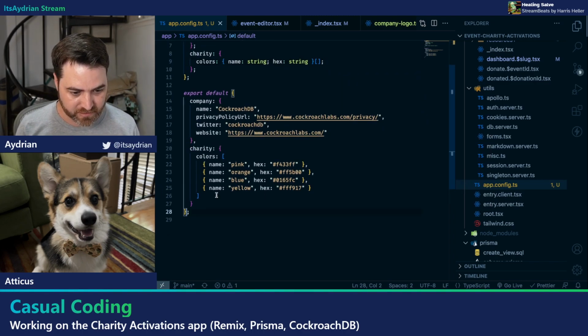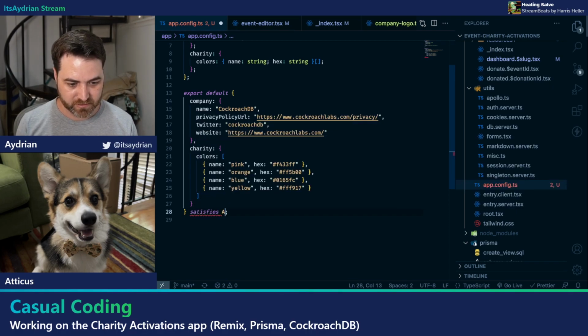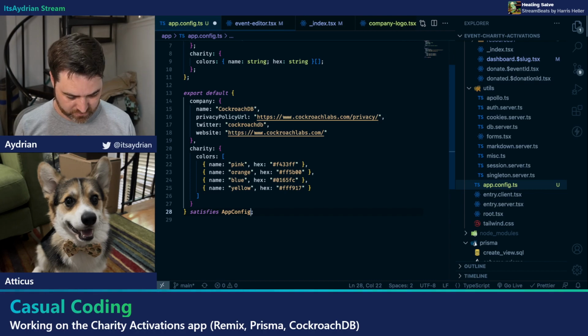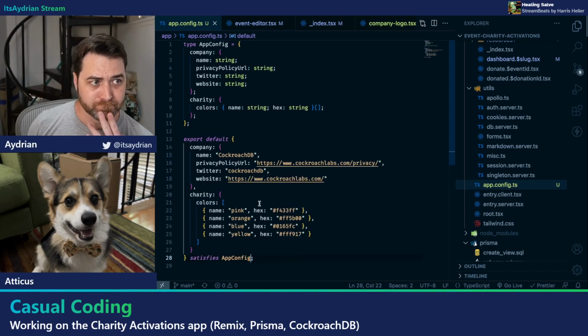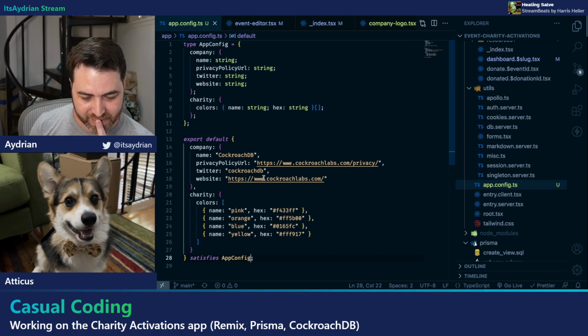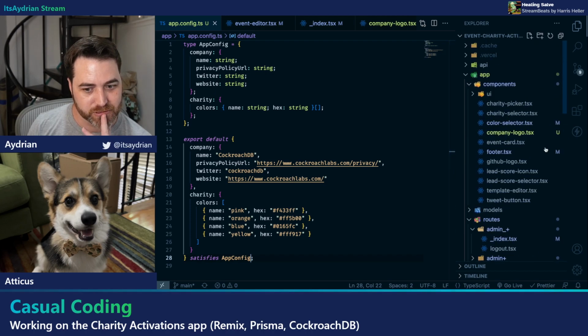And this is satisfies app config. Yeah, let's track down that. It's the maximum number of charities, and I think it's in the